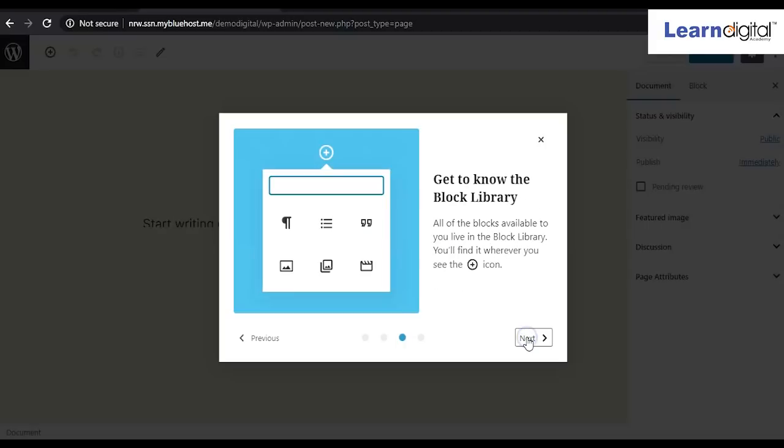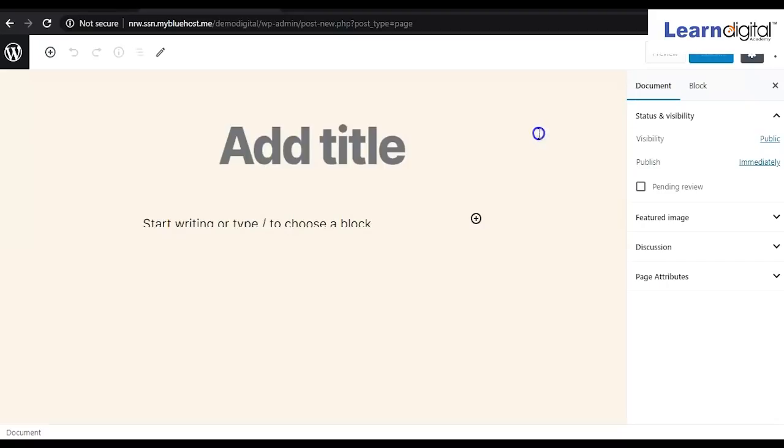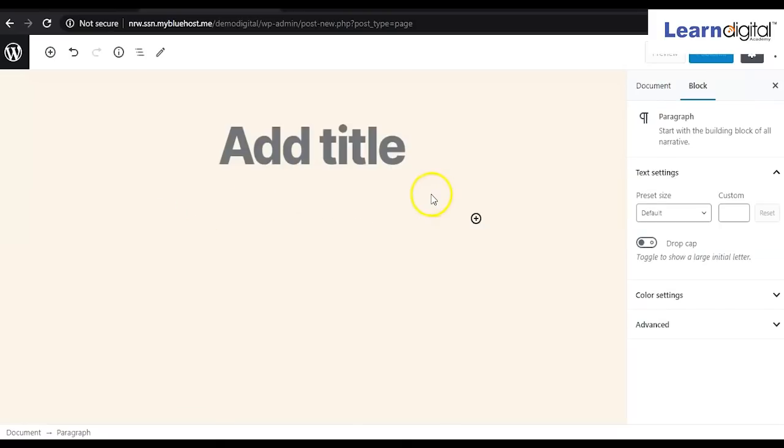So this is the notification that it is coming. So time to time they keep updating their dashboard. So this is the updated one, right? So here we can see, here you can add your title, that means page title, and here you can write the content, right?